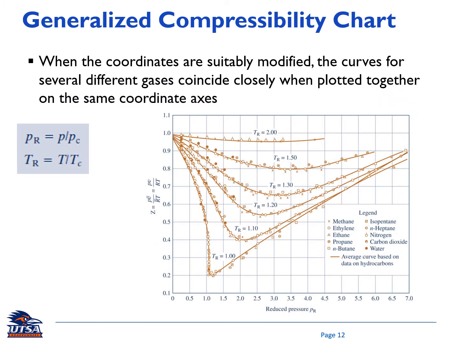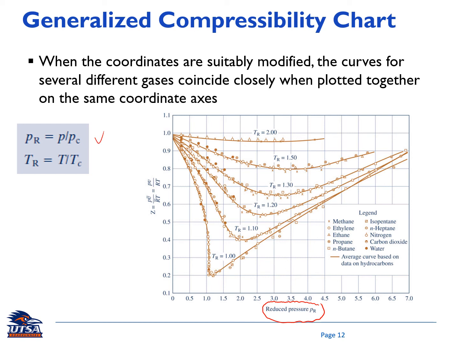Now let's have a look again at this compressibility chart. If we modify this parameter, for example the pressure, I have PR here. It's called reduced pressure, and this PR is defined as the ratio of the pressure to the PC. So remember, PC